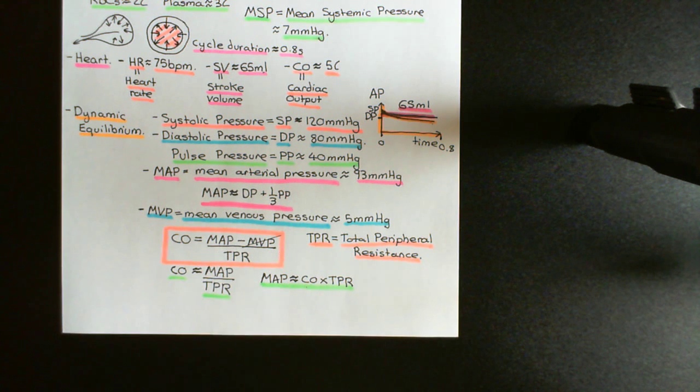Okay, so the heart's job really is maintaining the same mean arterial pressure within the arterial system, and then if it does that, if it successfully does that, then you're going to have the same amount of blood moving from the arterial system through to the venous system through each of the microvasculature networks all over the body. Okay, so that's this simple model of the